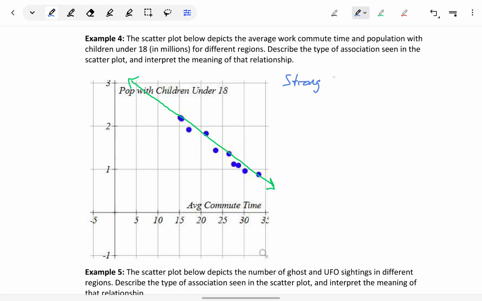So if we have a decreasing pattern as we read from left to right, that's a negative association, but the points follow pretty close to that straight line pattern, so we have a strong association, which tells us as the average commute time